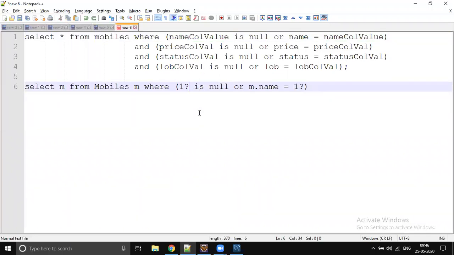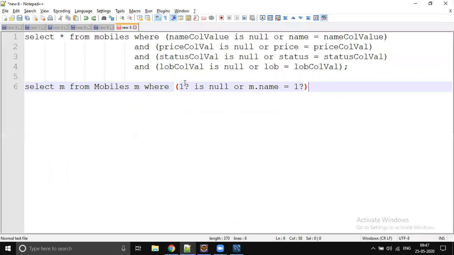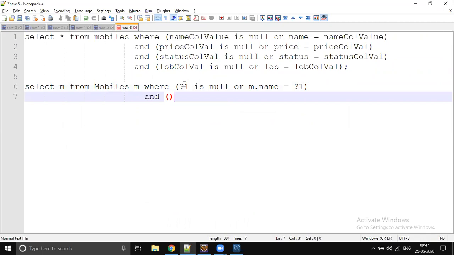So we are going with a placeholder model, right? That's why we are writing the query like this. It's going to be question mark 1. I think I put one question mark wrong. It's question mark 1, first placeholder, right? Let's write the second column. Now the second placeholder may come, may not come.